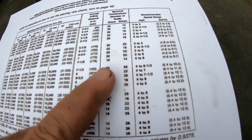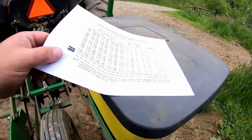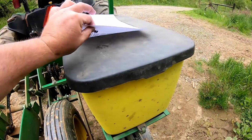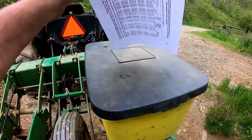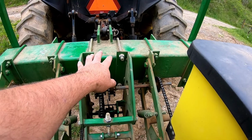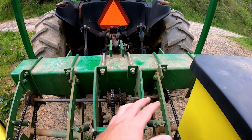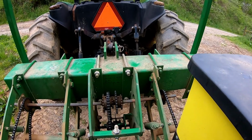but it's flip-flopped on my chart here. So, but I'll probably laminate that and tape it to the inside of that lid. On your big planters, you'll have a chart that lays out the driven and the driver, and then you just look at your manual for your